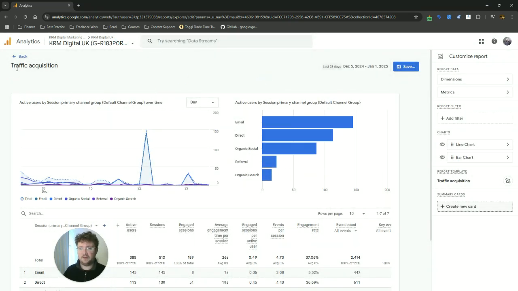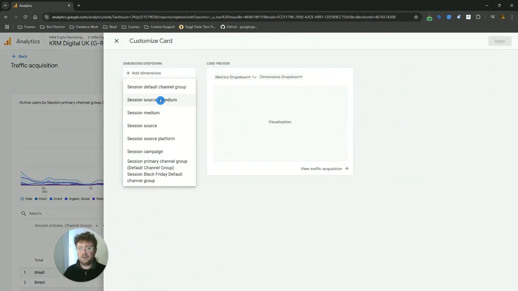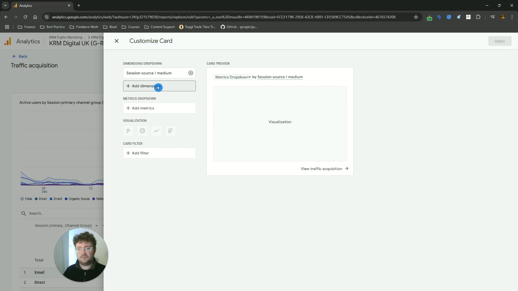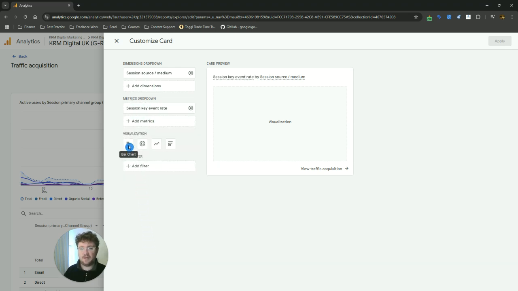So here I am in the traffic acquisition report. I want to then customize this and create a new card here. I'm then going to choose session source medium as the drop down. And I'm going to choose session key event rate there, and the different visualizations are available to me. Let's choose this as a table, for example, or let's choose this as a bar chart. When I'm happy with that, I can click apply,